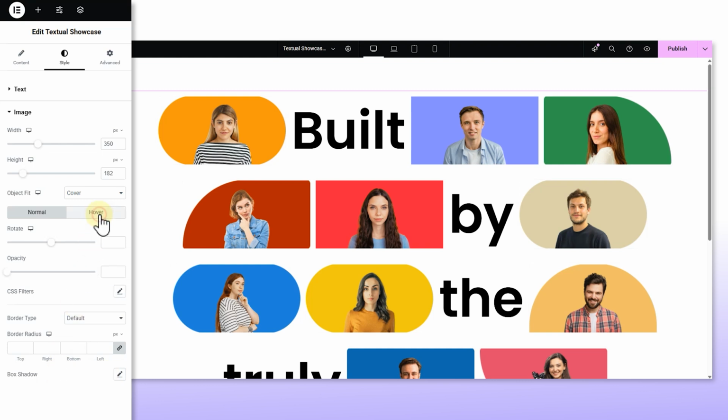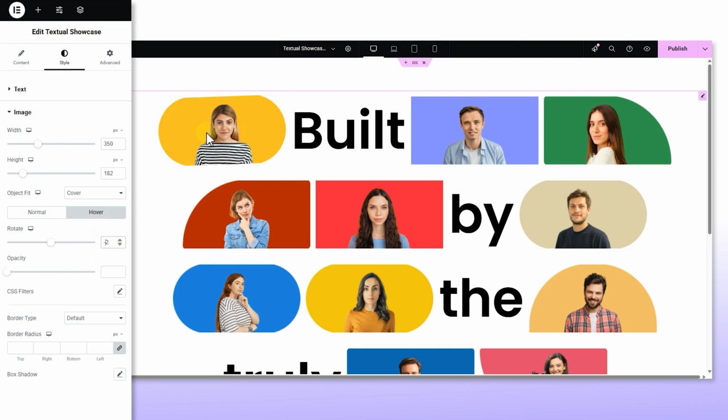Now on to Hover. It lets you add stylish effects that only appear when the mouse moves over the image. Setting up the rotation. And now images rotate a bit on Hover, great for interactivity. Feel free to use the other options too, and those stylings will appear when we move the mouse over it. That's it, let's have a look now.